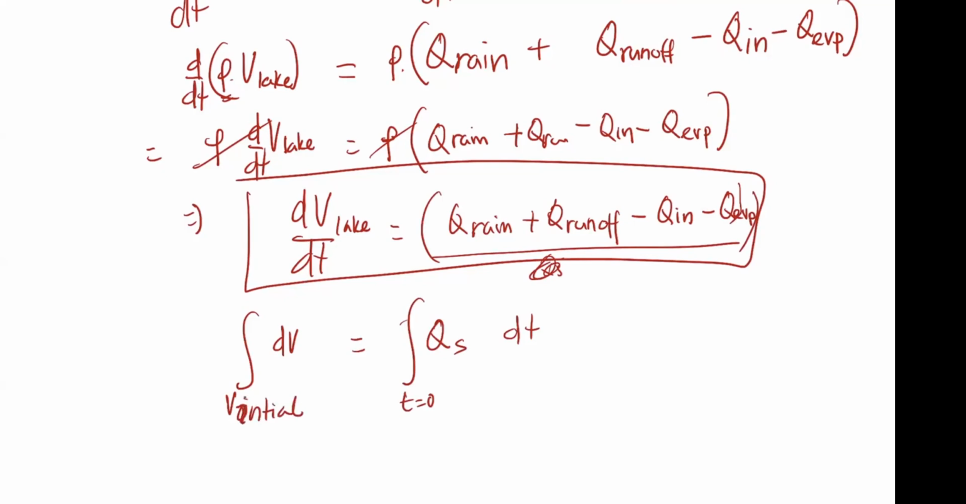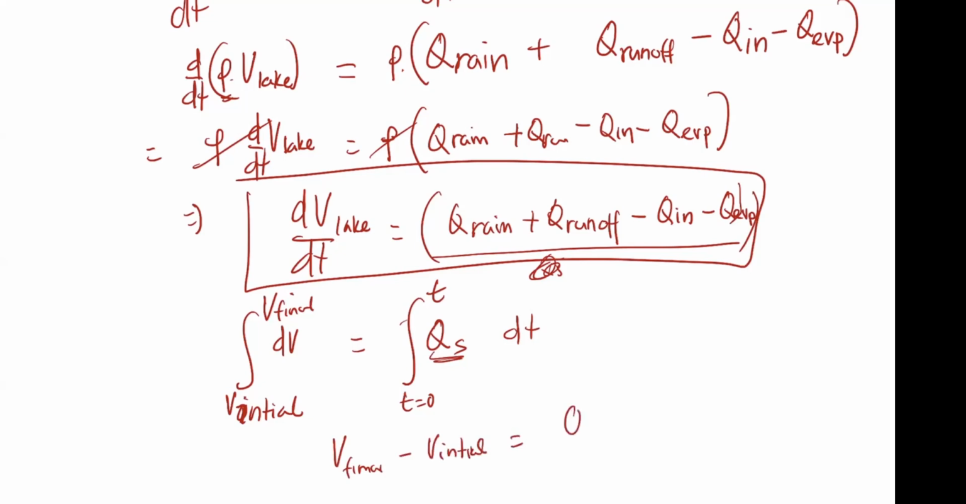Okay, and then after some time t, you want to know what's the volume of the lake, so V final. As long as the flow rates are constant, that it's constantly raining, constantly doing all that stuff, then you can integrate that. So that means it will be out of the equation. So it will be V final minus V initial